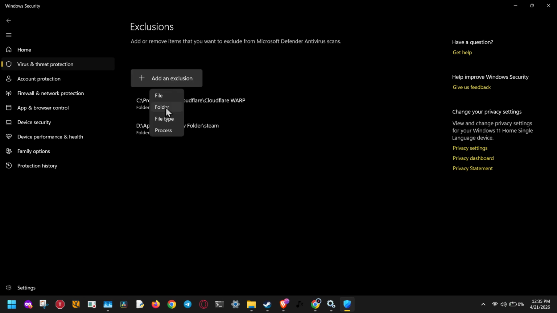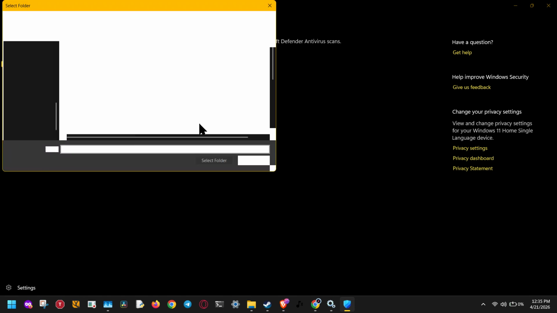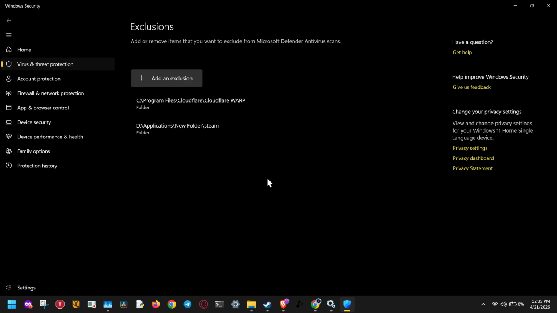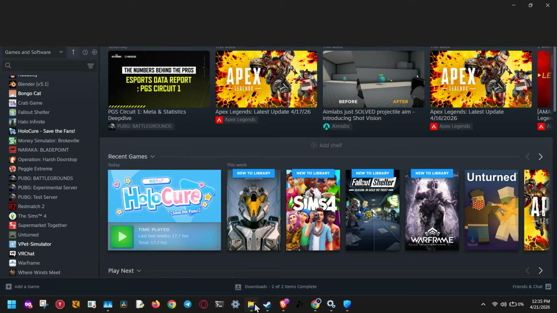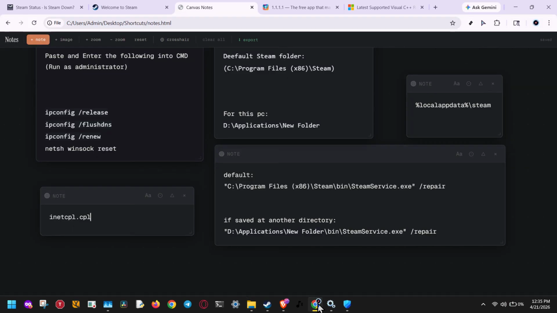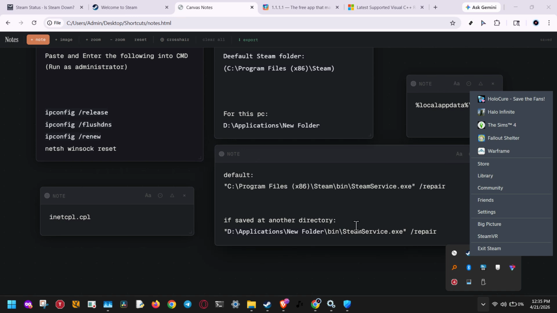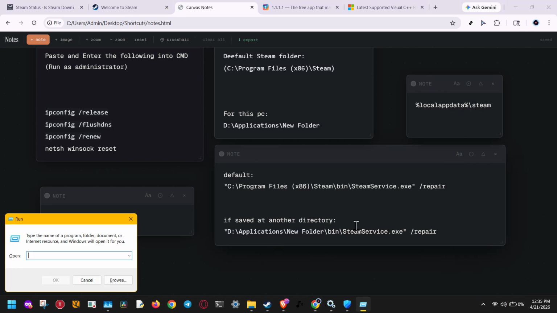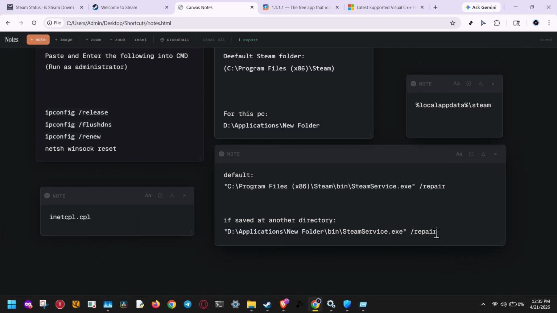Now let's move on to repairing the Steam service itself. Sometimes SteamService.exe can get stuck, corrupted, or improperly installed, and repairing it can fix the communication issue. First, make sure Steam is completely closed. You want it fully shut down, not just minimized. Then press the Windows key and the R key on your keyboard at the same time to open the Run box. In the field, type the Steam Service Repair command. If Steam is installed in the default location, you would use